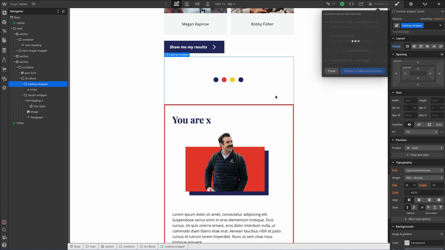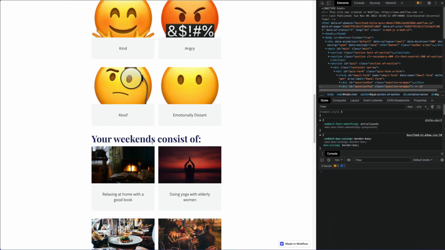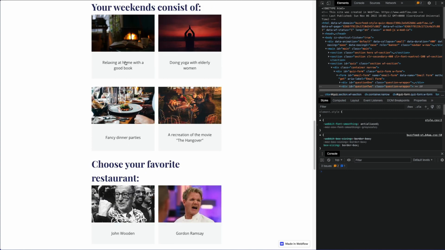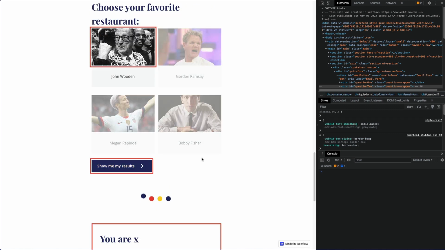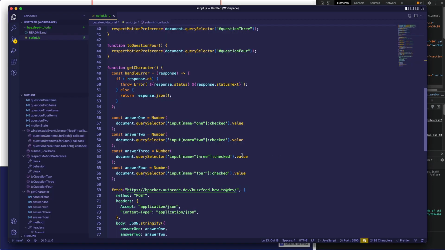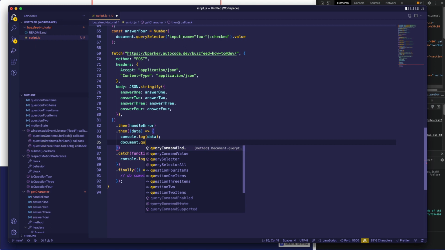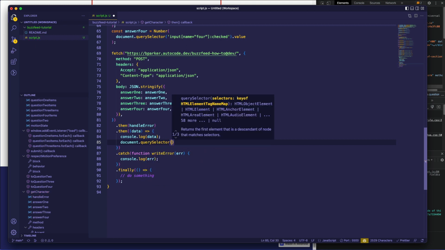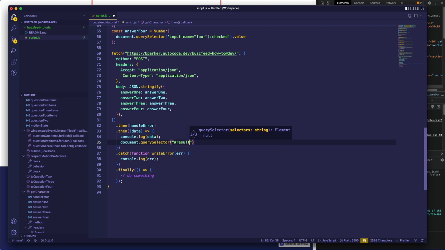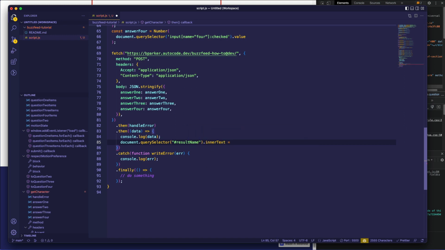Okay, so let's publish this and refresh. So you see it's showing. That doesn't really help us, but if we choose our options, we can show the results and we get them back. Okay, so now let's work with this. So down here, after console log data, what we want to do is we want to say document.querySelector result name dot inner text equals